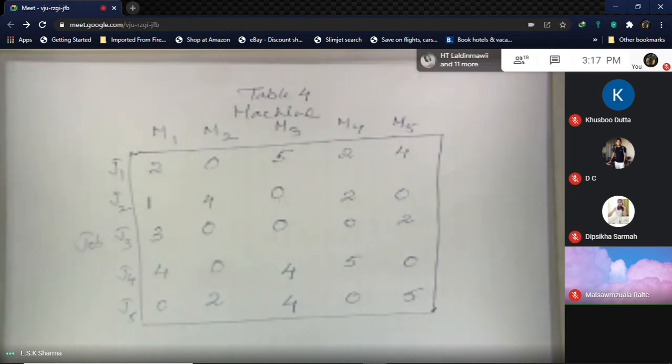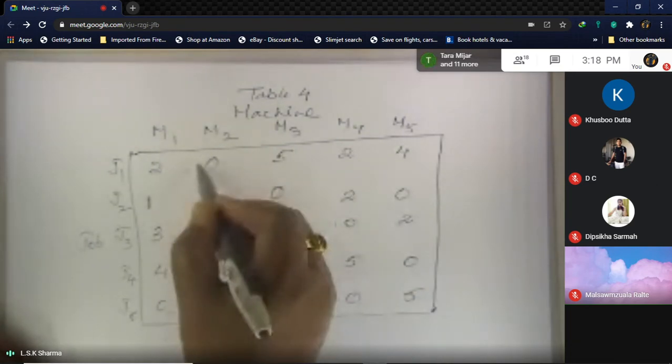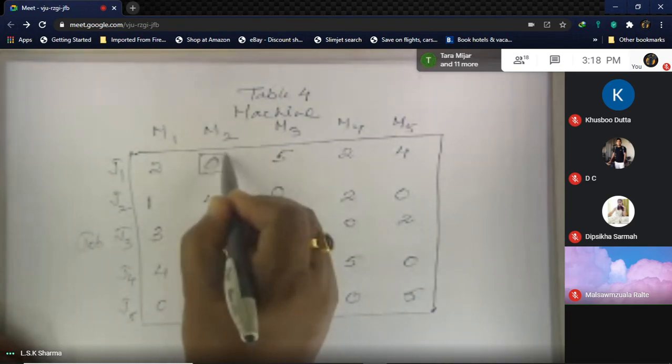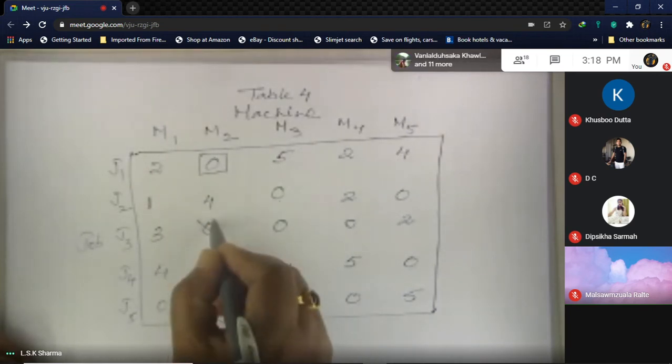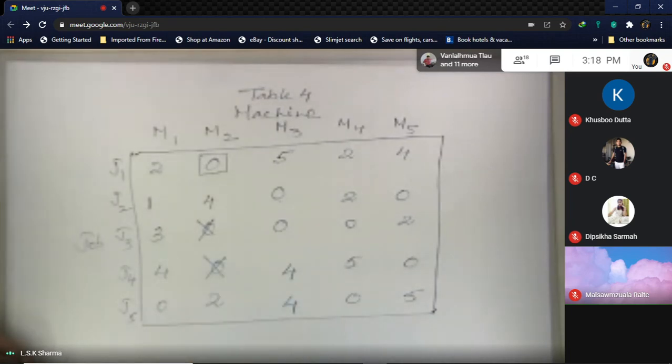Now the next step is to do the assignment again. What we did in step number 3 is to be done again, so you have to give assignments. First, find every row which has a single 0. The first one has a 0, so you draw a square there. In that corresponding column, if you find any zeros, put a cross mark. I've got 2 here, so I've made a cross mark.